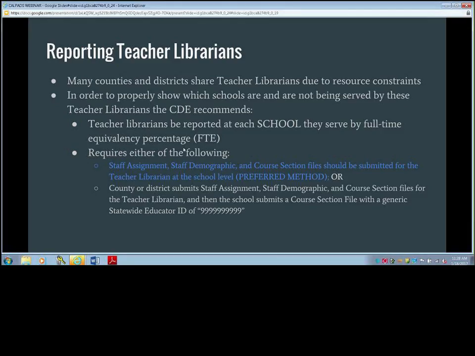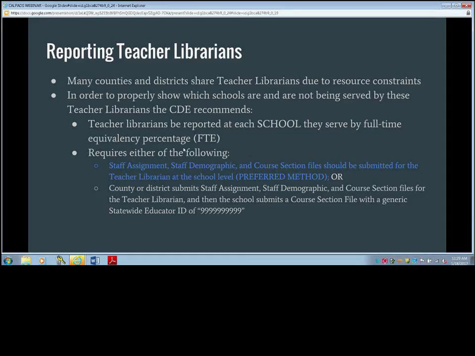So what you should know is if you decide to go ahead and report your teacher librarian at the district level as an itinerant teacher librarian, but then you want to reflect that the scheduled course is actually occurring in each school site, you can do that. But just keep in mind that if you're reporting a generic seed of all nines, basically all you're doing is reporting that the student took the course. That's all you're reporting. Not getting credit for the teacher. Exactly. You don't get credit for the teacher, but you get credit for the course, the delivery of the course.